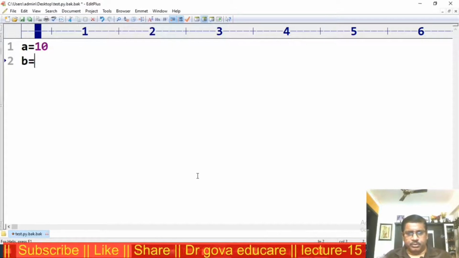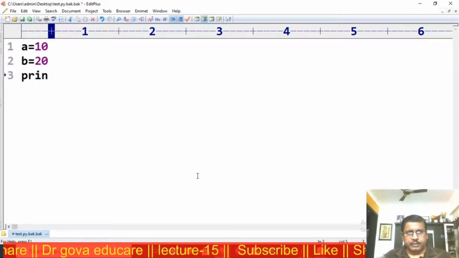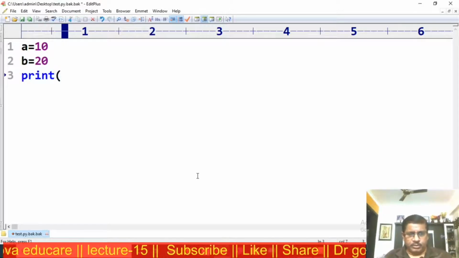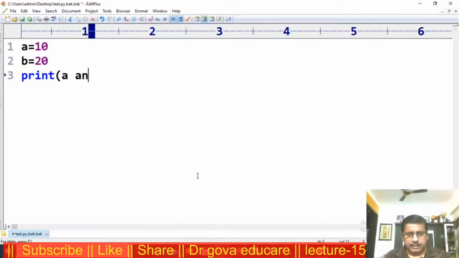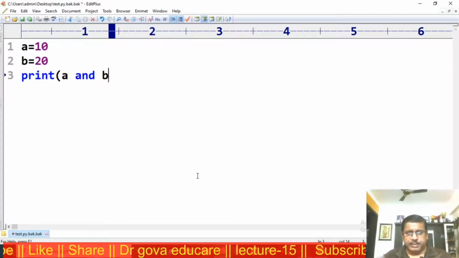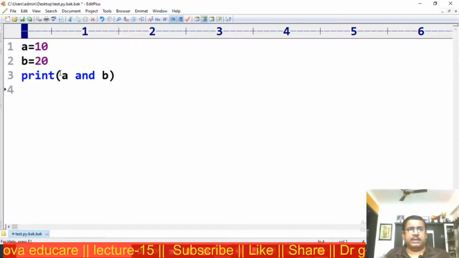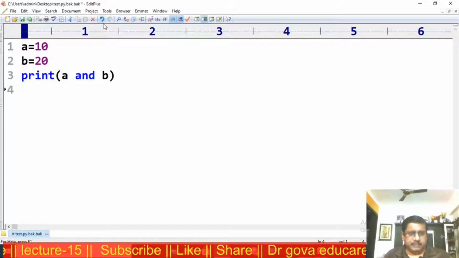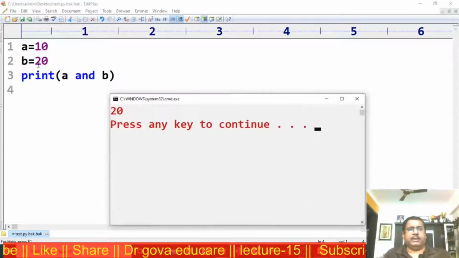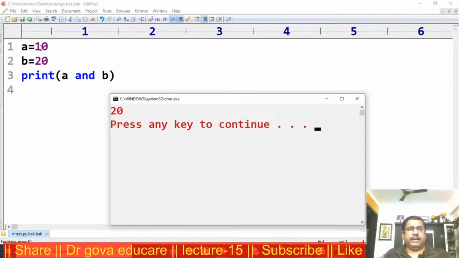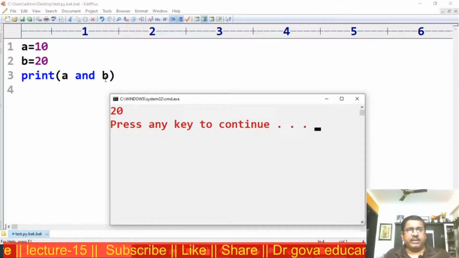Now observe here, a is equal to 10, b is equal to 20, and evaluating a and b. a is 10, it is true, so b will be the result, that is, 20 will be the result.